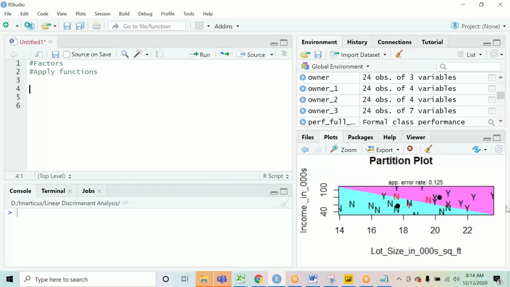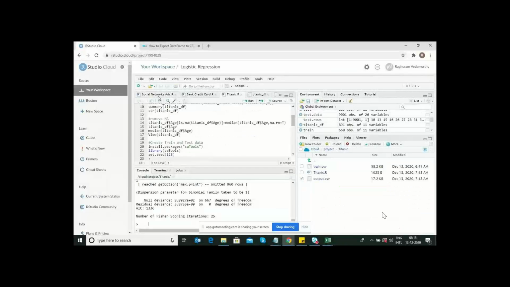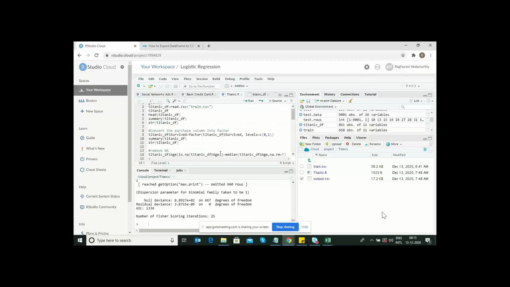Raghu, is it possible to share your screen? I'm not able to get what points you're trying to tell. Okay, I will share my screen. Can you make me a presenter? Let me know, Amit, once you're able to see my screen. I followed the method we did for social network ads. Do you see my screen? Yeah, I can see your screen.